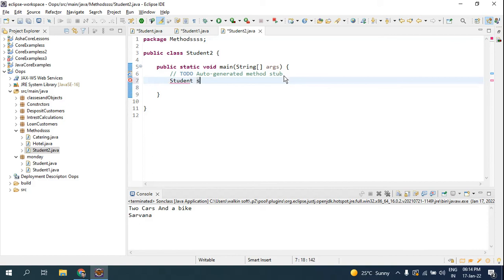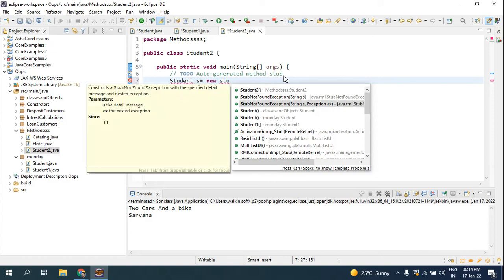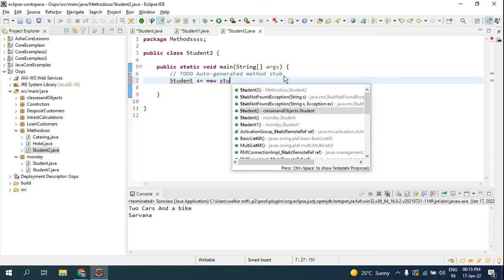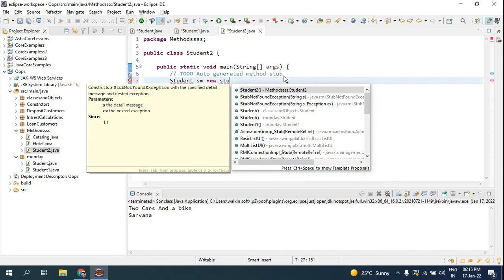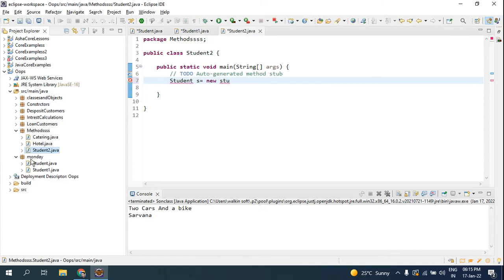Student s is equal to new. Look, I have a lot of classes. Now in the methods I have this Student class. Yeah, it looks somewhat confusing for you guys, so I'll create a new class.